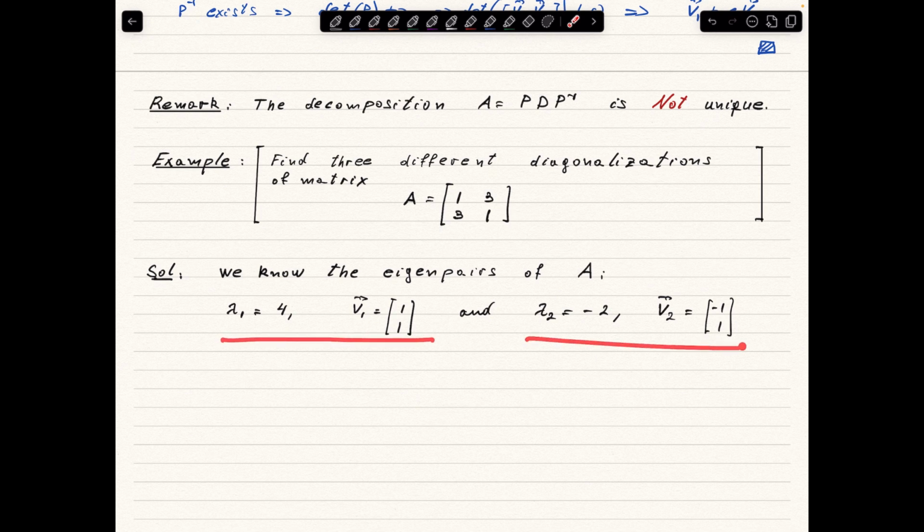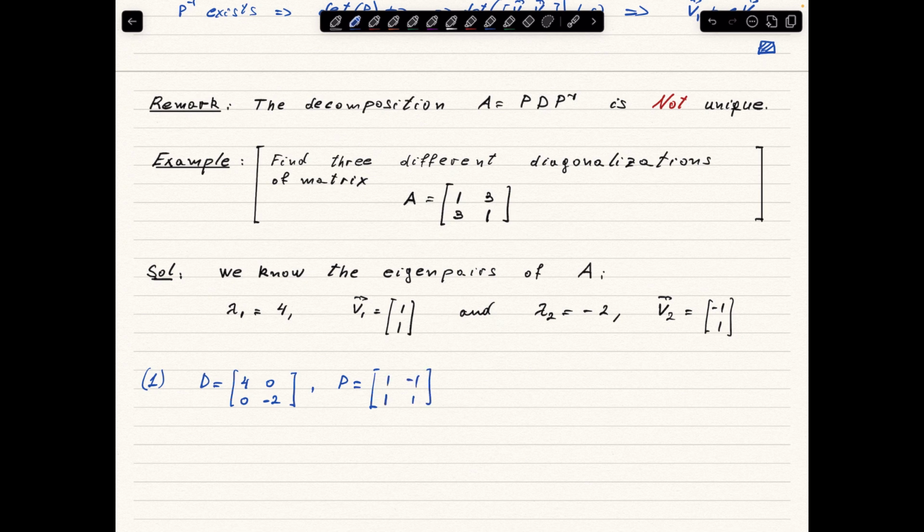For example, we have seen that if we introduce matrix D to be 4, 0, 0, negative 2, the eigenvalues, and the matrix P with the corresponding eigenvectors 1, 1 and negative 1, 1, then we have proven that